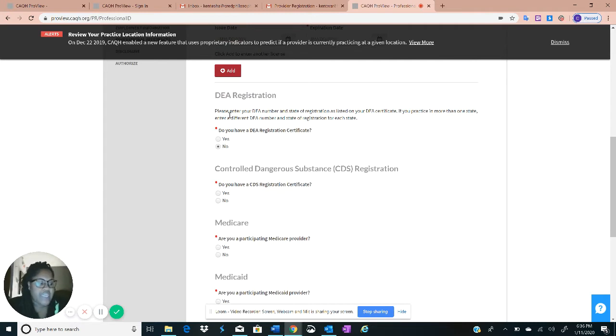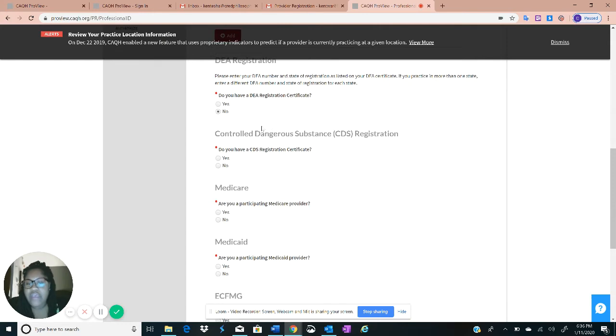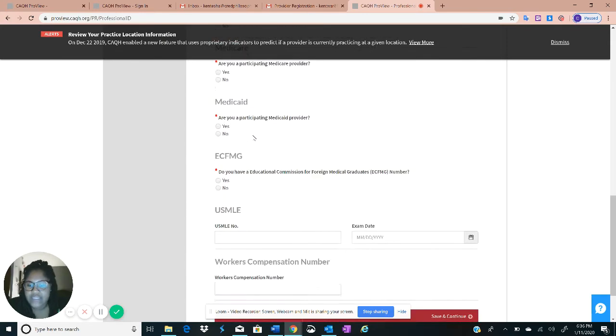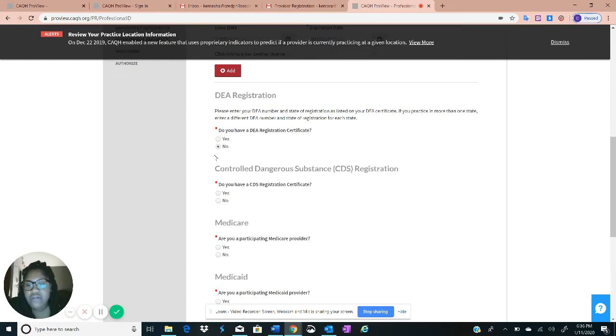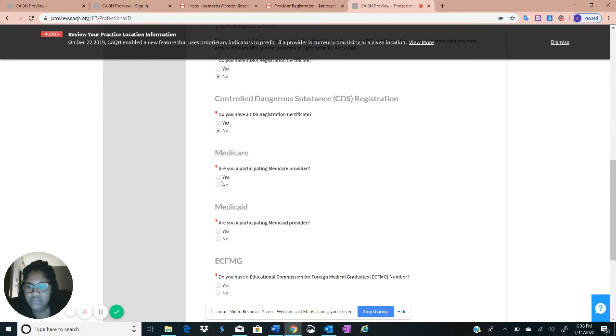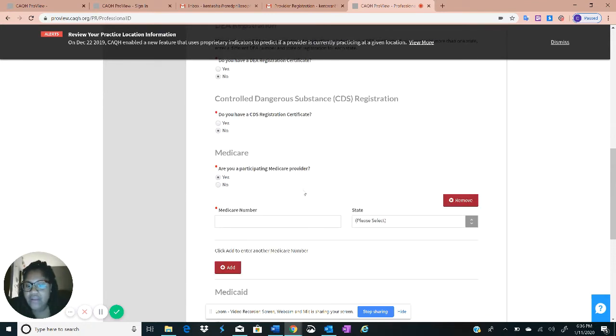Next, you'll go into the DEA screen and it'll pretty much tell you about do you have any DEA licenses and all this other good stuff. So I'm just going to quickly go through this and just put anything. If you are a Medicare provider, you should put in your Medicare information. So if you are on any commercial plans that offer Medicare products, such as, I can't think of one right off my head, but even Humana's